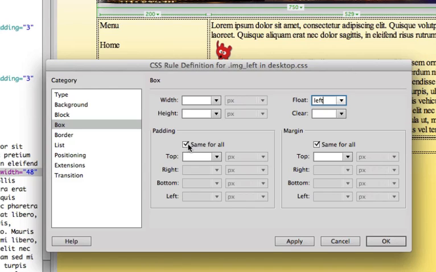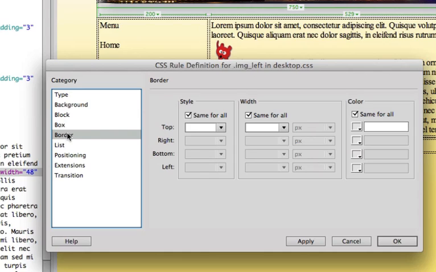We're not going to add any padding. However, we are going to add a margin. And we're going to add a margin all the way around the image. And I'm going to make it 3 pixels just to make sure that I push all the text off from around the image. And then the last thing I'm going to do is go to border,